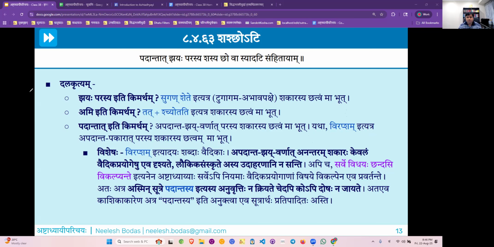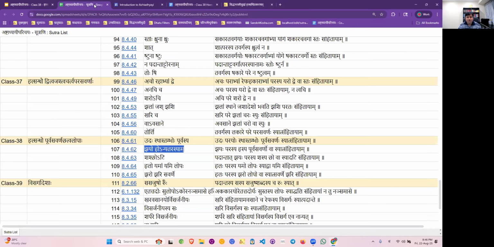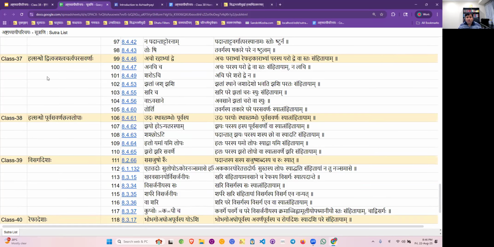Any other questions? If not, then I have a few questions. Now only two sutras are remaining and we are done with Hal Sandhi Prakaranam. Next week will be Visarga Sandhi and the Repha Adesha. So we have two sutras, Halo Yamam Yami Lopaha and Jharo Jhari Savarne. Both these sutras are about lopa, and without any doubt it is the last operation in